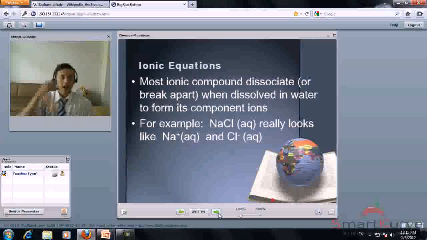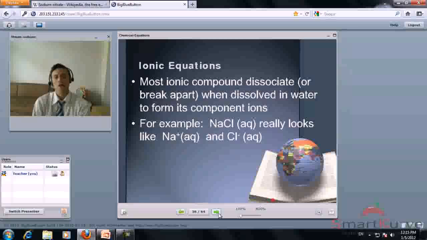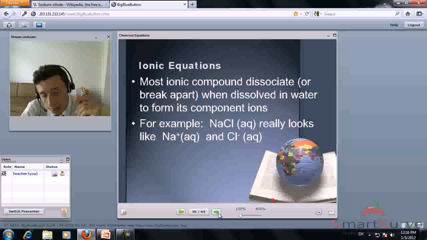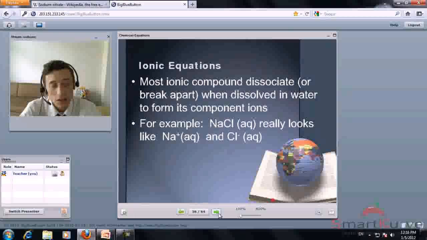Finally, let's look at ionic equations. Ionic compounds often dissociate when dissolved in water. A good example of that is sodium chloride. We form positive sodium ions and negative chloride ions. Remember what we learned in our last lesson on the periodic table. Why is that? Why do we have sodium and chloride ions? That's because,